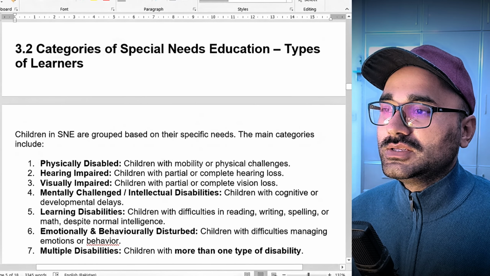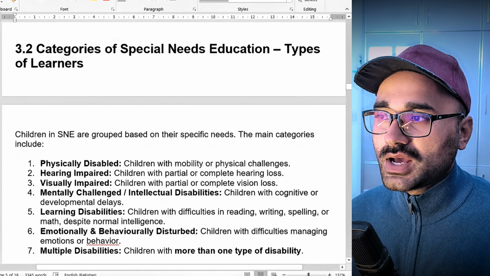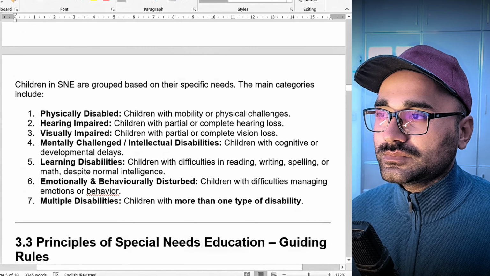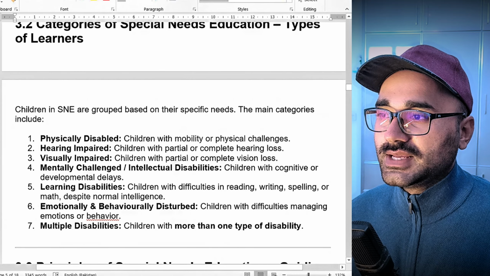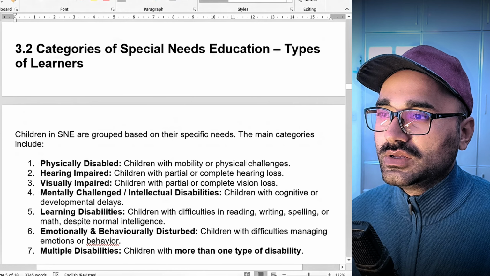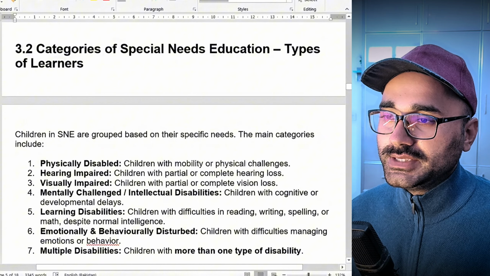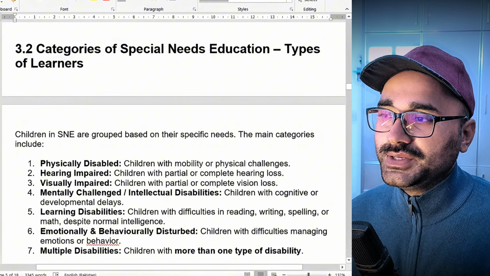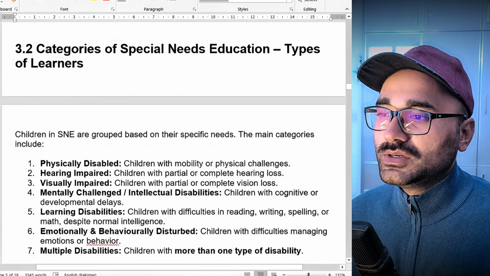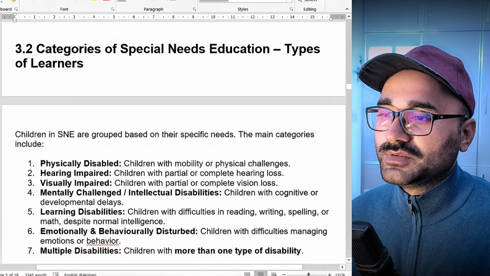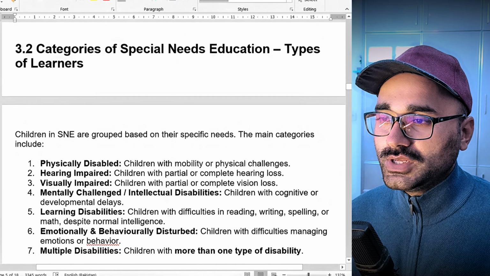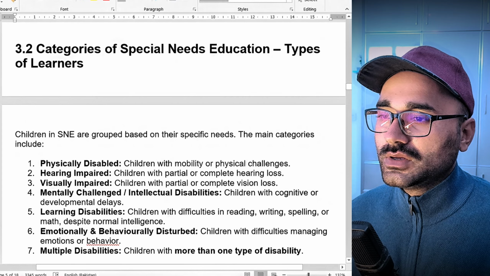3.2 Categories of Special Needs Education. Types of learner. Children in special needs education are grouped based on their specific needs. The main categories include: physically disabled, children with mobility or physical challenges; hearing impaired, children with partial or complete hearing loss,